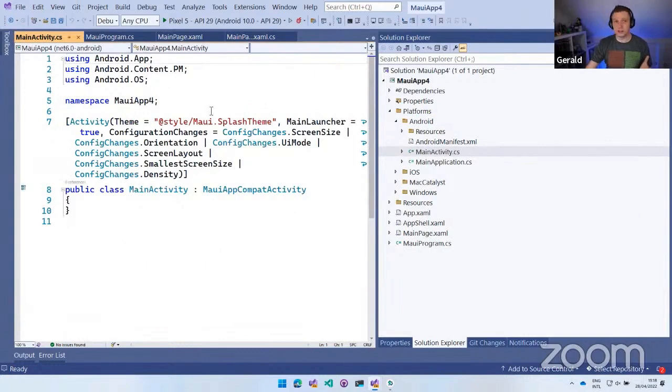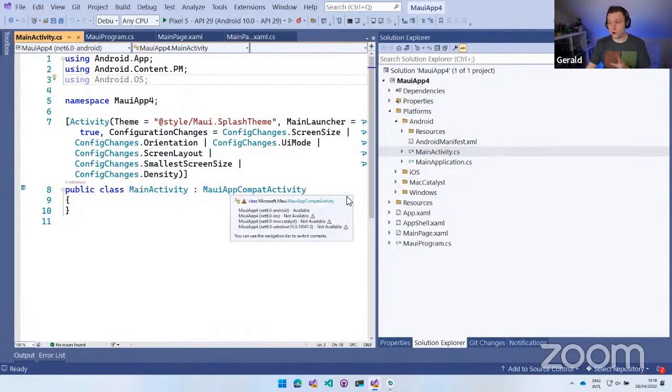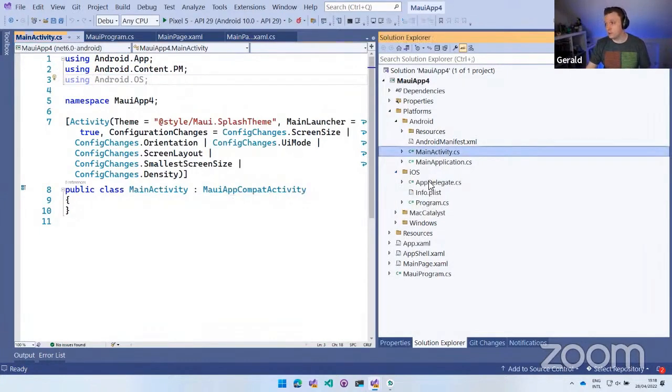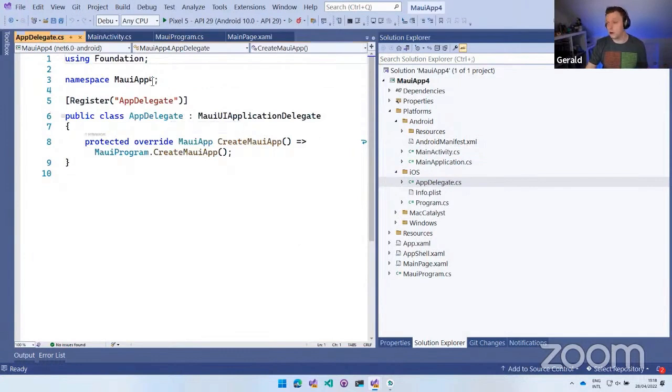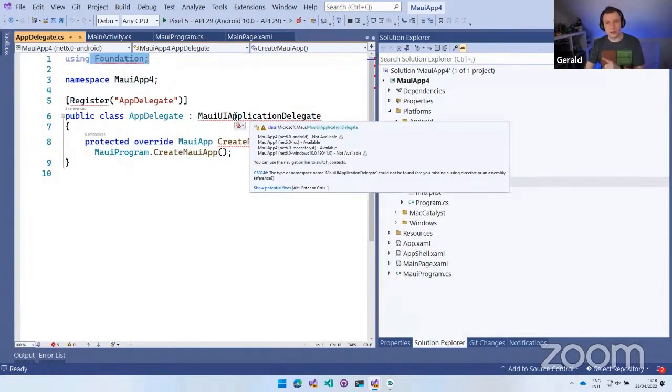But whenever you do something in this platform specific folder, like I just mentioned, this basically takes you to the .NET for Android world, and you can suddenly see all these Android namespaces right here, and activities, which is an Android thing. So here you can start writing your Android code. And if we do the same for iOS, then we see the opposite. Now we're in iOS land, and we see using Foundation and a bunch of red squigglies,